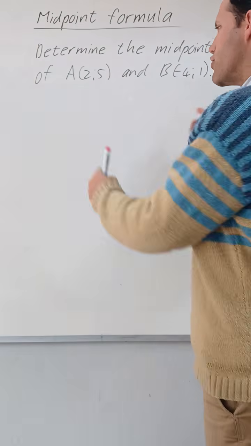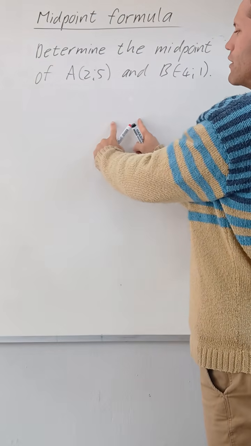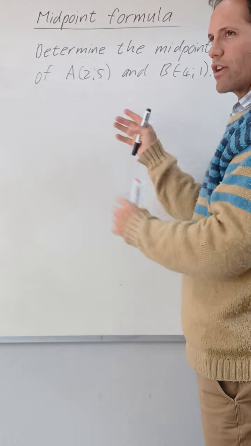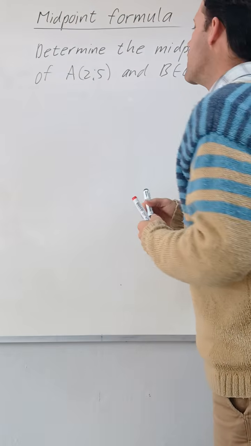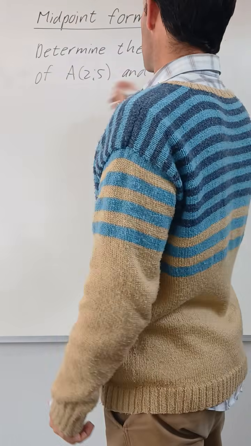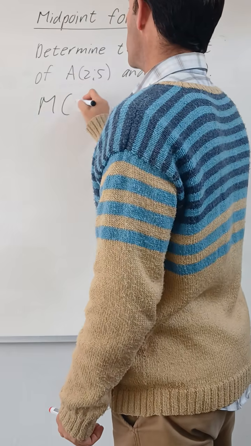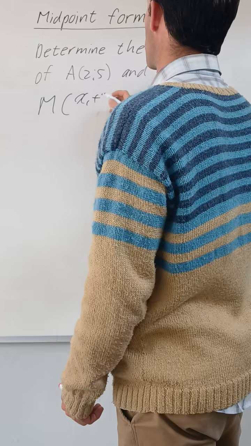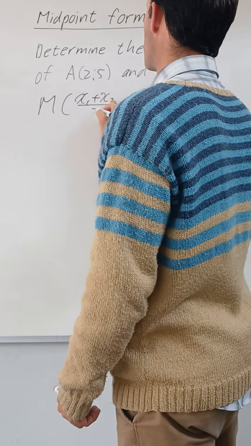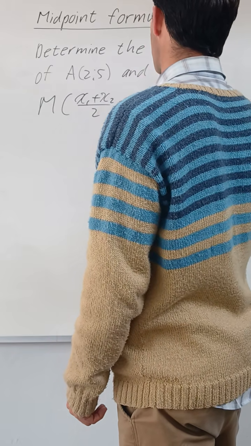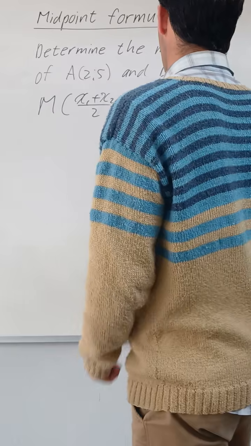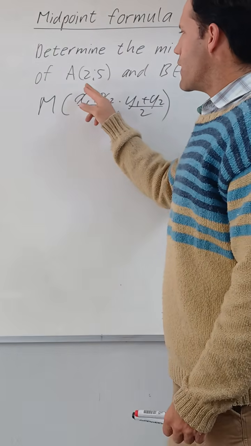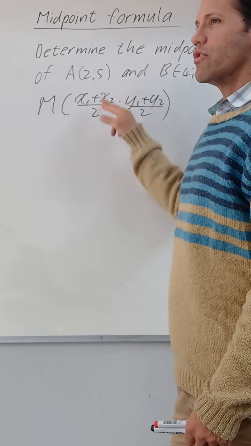If you have a lot of values and two of them are in the middle, and you need to find a median, you add the two and you divide it by 2, and you get the middle of them. So it works like this. The rule is x1 plus x2 divided by 2, y1 plus y2 divided by 2. It almost looks like a gradient formula, but in this case, you don't subtract, you add the two values and you divide it by 2 and you get the middle.